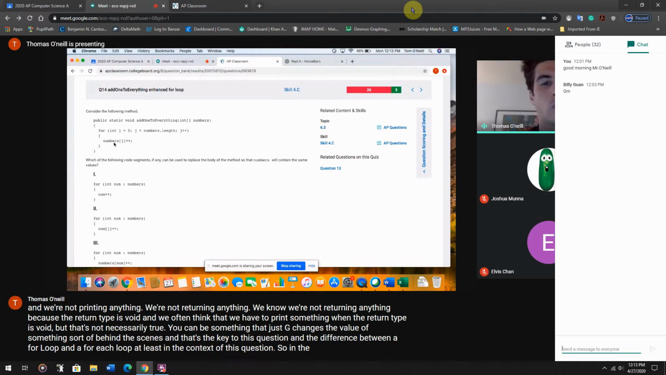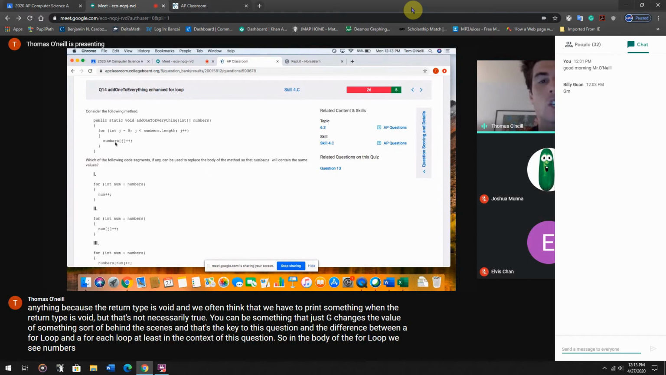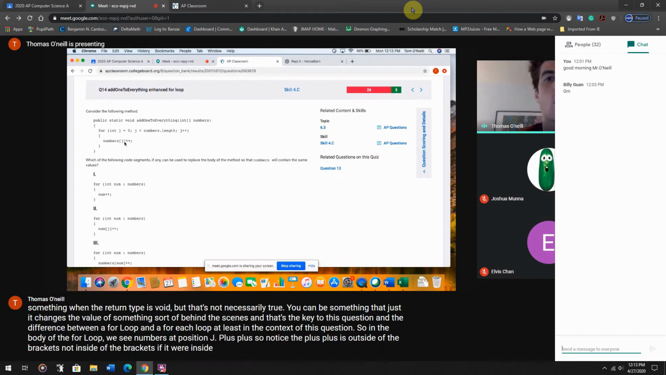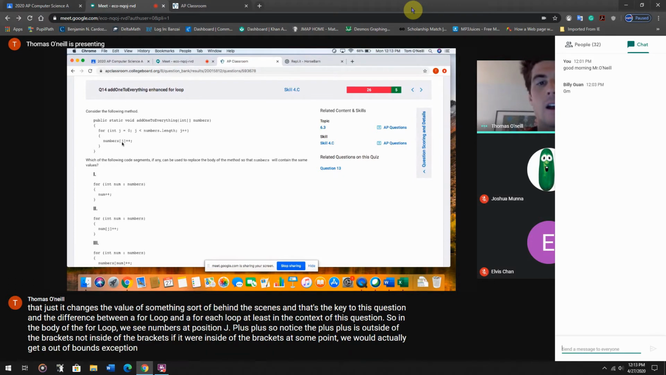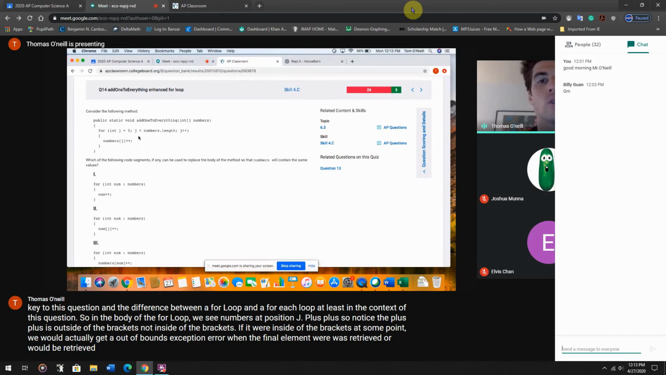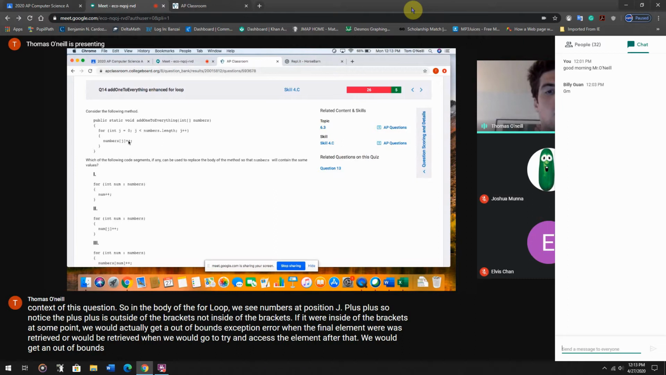So in the body of the for loop, we see numbers[j]++. So notice the plus plus is outside of the brackets, not inside of the brackets. If it were inside of the brackets, at some point we would actually get an out of bounds exception error when the final element was retrieved or would be retrieved. When we would go to try and access the element after that, we would get an out of bounds exception error. So what's happening here is numbers[j] simply retrieves the element at that position,